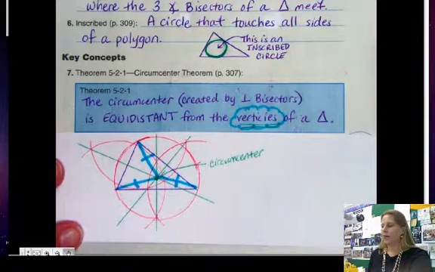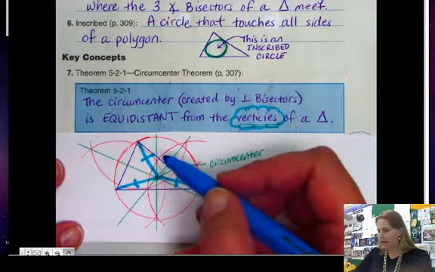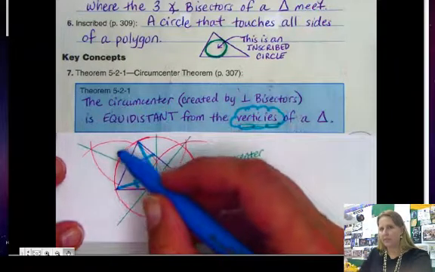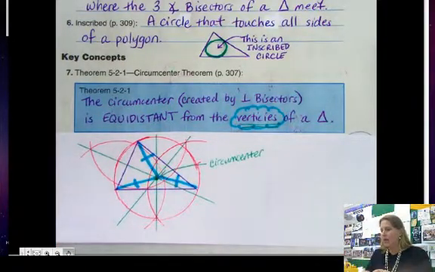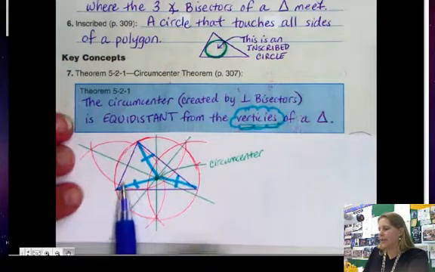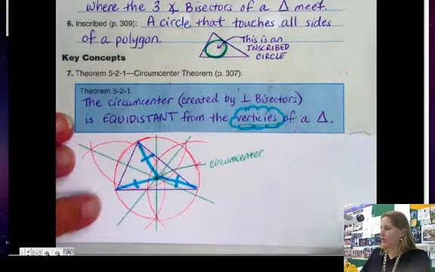they are radii of the circle itself, okay? So that's that. Now, if this is an acute triangle, because all three angles are acute, if you had an